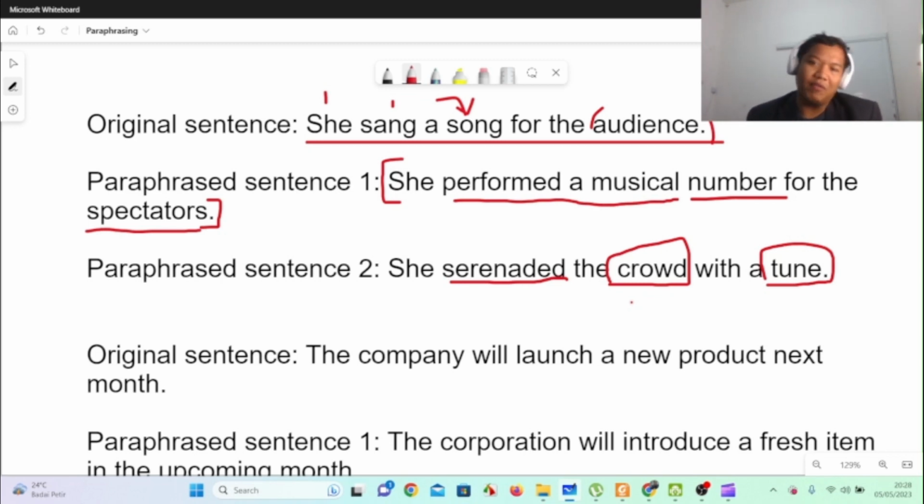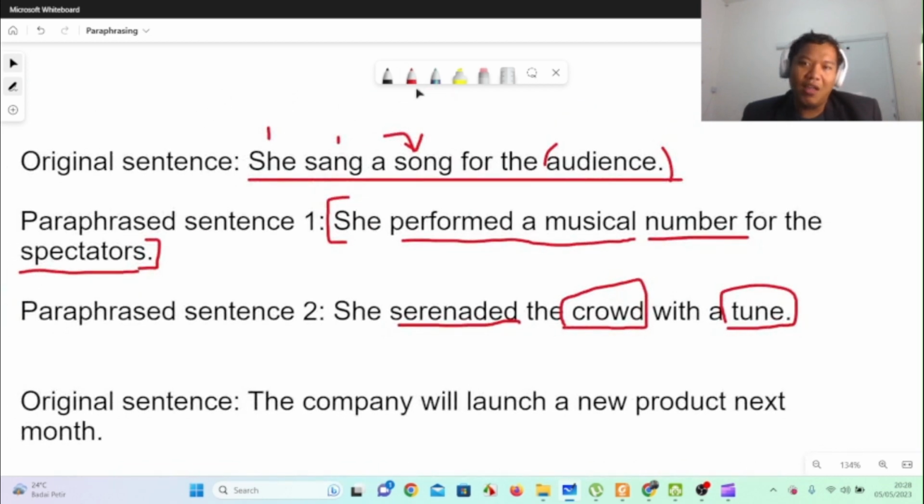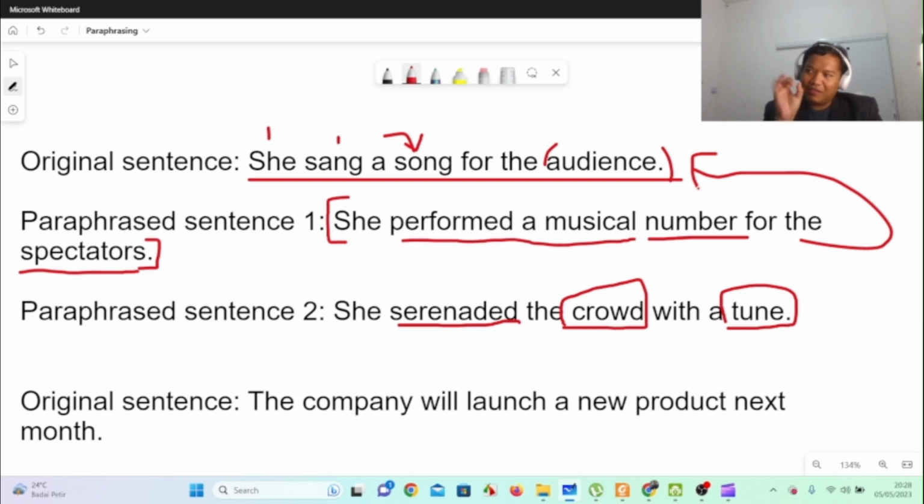And this is what you have to be careful about when it comes to paraphrasing, especially the question statement in the writing section. So you have to be 100% sure that your paraphrase gets as close as possible to the original sentence, right? You might have slight differences in the scale or the degree of accuracy of certain expressions, but it has to be quite minor, right? If you compare a crowd with spectators, probably not that close. All right, now let's take a look at the second example.